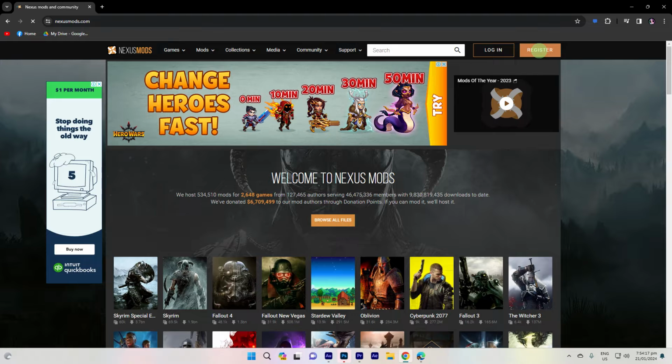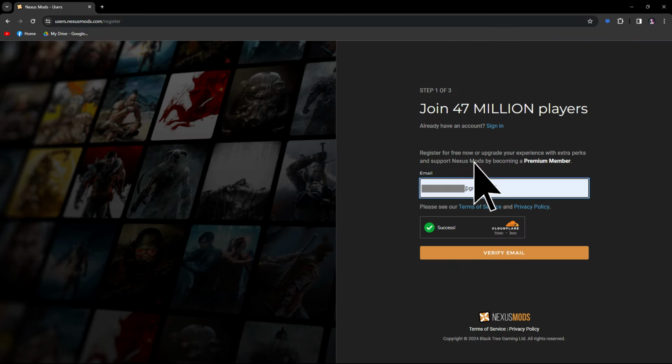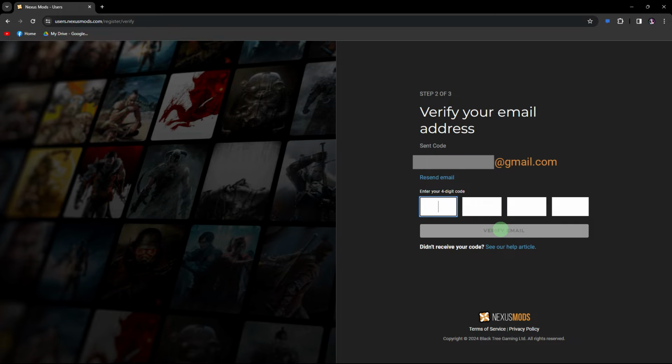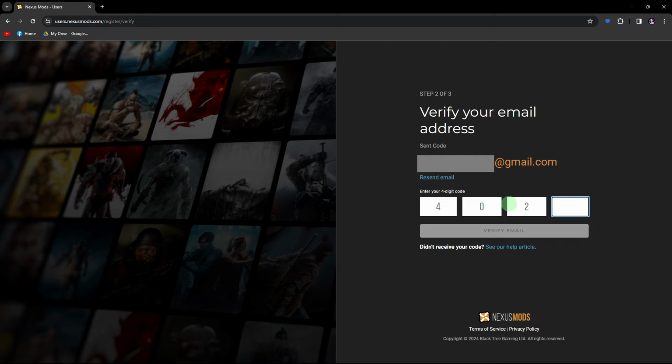Begin by visiting the Nexus Mod's website and clicking on the Register option. Choose Register here and utilize your email account for the registration process. Verify your email by entering the code sent to your email address, return to the registration section, input the code,